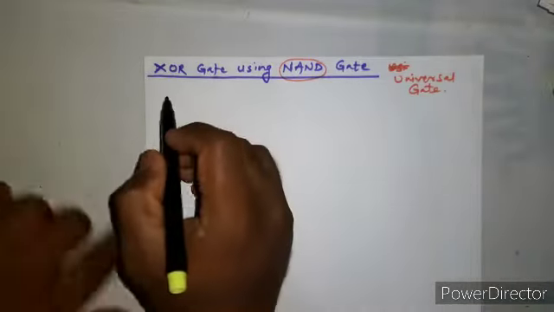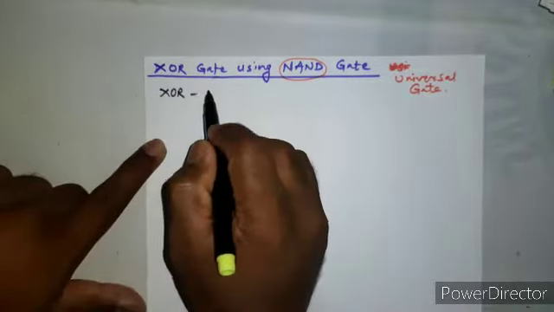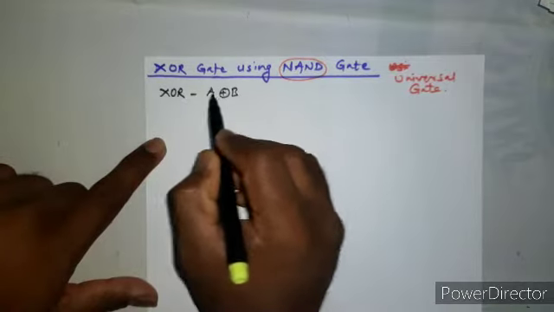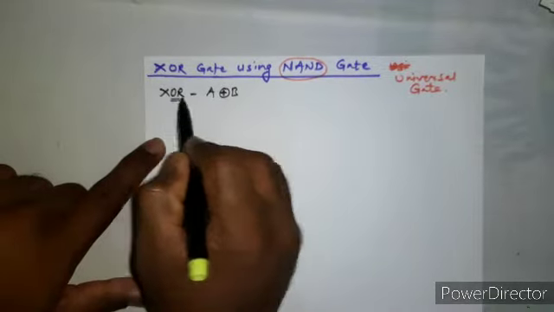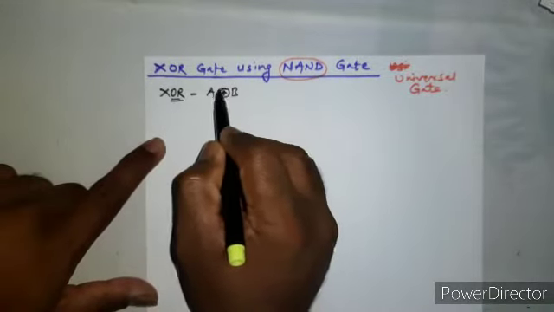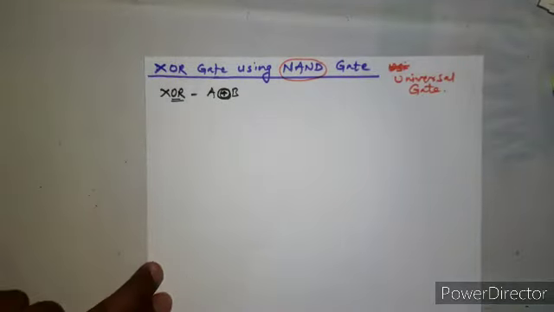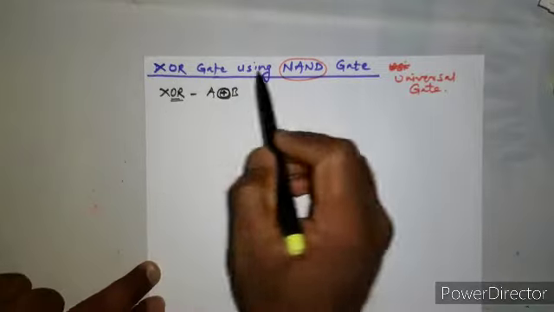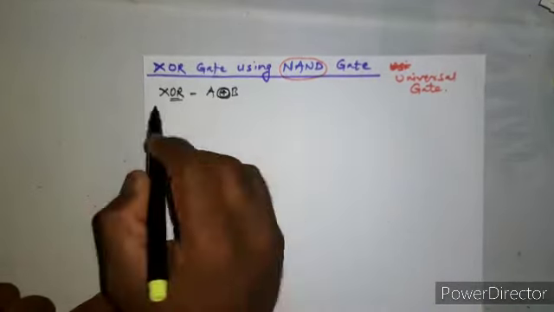Okay, so first we should know the equation of XOR gate. One equation for XOR gate is A circle plus B, because here it is OR, which means plus, and since it is XOR, the plus is circled, right? But this equation will not help us in implementing XOR gate using NAND gate, right? So considering